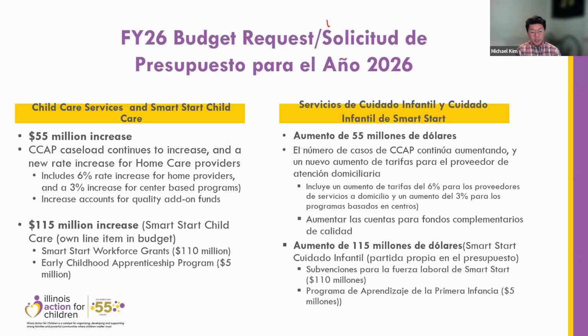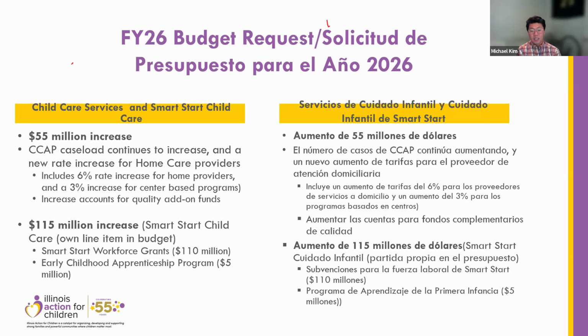So with data that we've gotten from DHS, we've seen a steady increase in caseloads for CCAP, where we're back to pre-pandemic levels, and it continues to rise. In addition to caseloads, as many of you know, there is a new contract between the state and SEIU that would raise CCAP reimbursement rates for home-based providers. Unfortunately, this contract didn't include a rate parity for center-based programs, which they usually do in previous years. And I will talk about how we are hoping to address that in our $55 million budget increase ask.